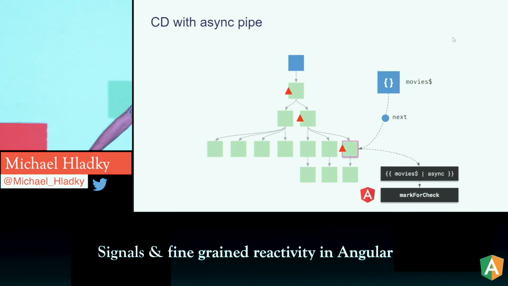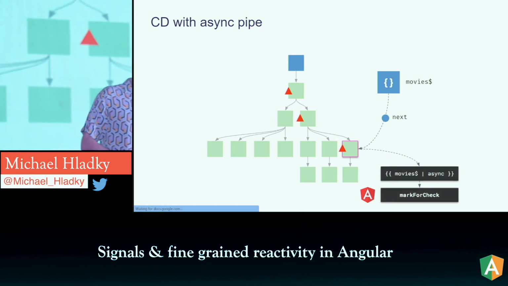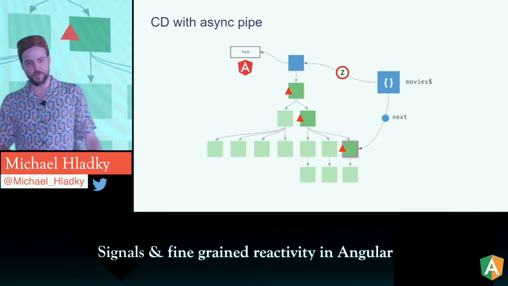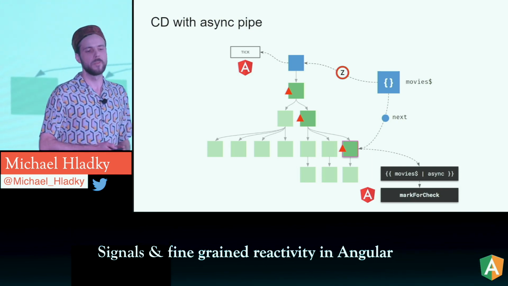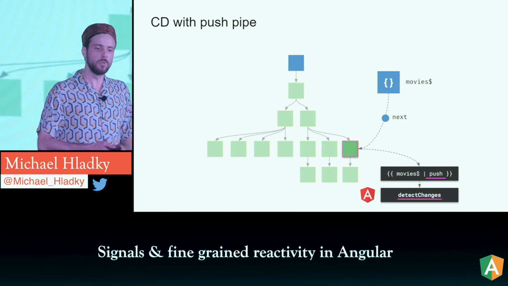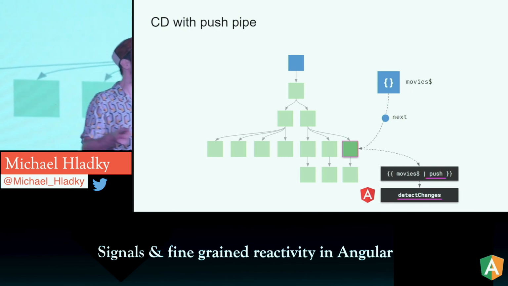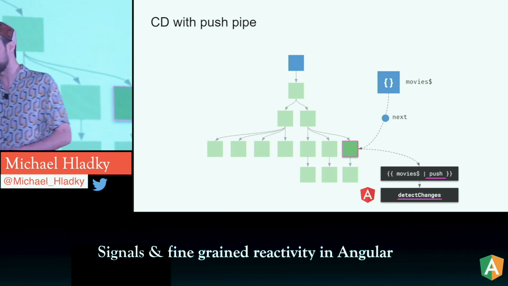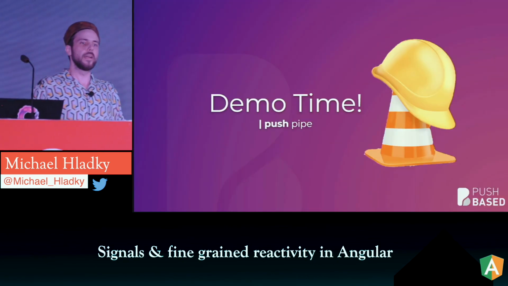This is the async pipe. The async pipe goes bottom up, mark dirty, top down, re-evaluating. Top down zone kicks in, application ref tick is called, boom, we re-render everything. Not really nice. What can we do? We can switch to the push pipe. We can call detect changes directly, so only this one single component will get updated. This is what we did. But there is a better thing that we can do,